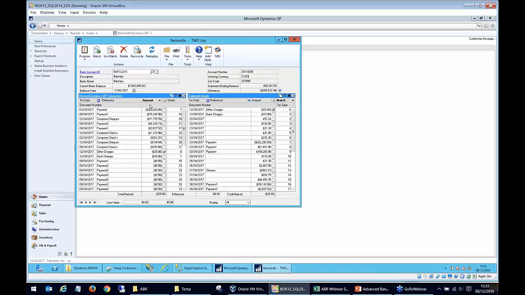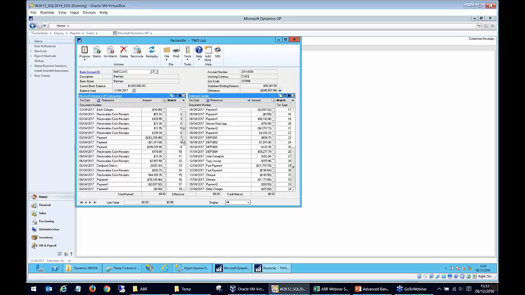So what we need to do here is just wait, or you can refresh by clicking on the amount or any column to refresh the screen, and you can see there it's now got my other charges posted journal in there, and it's automatically ticked, waiting for me just to click the match button, which I have, and now it's matched them off. So we have all our transactions now